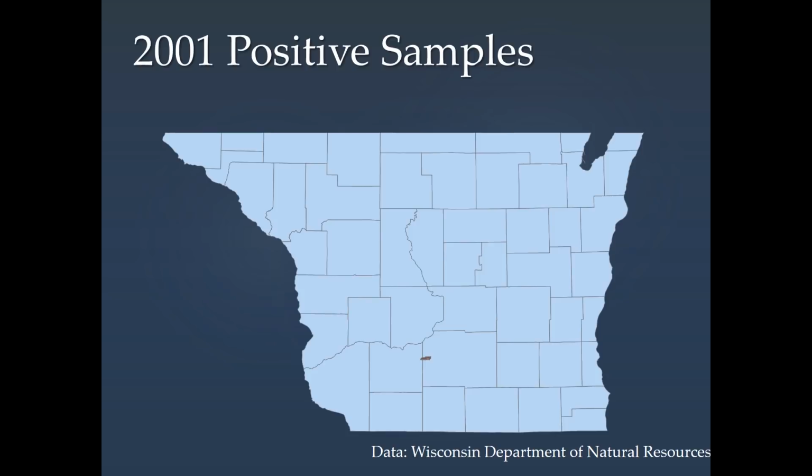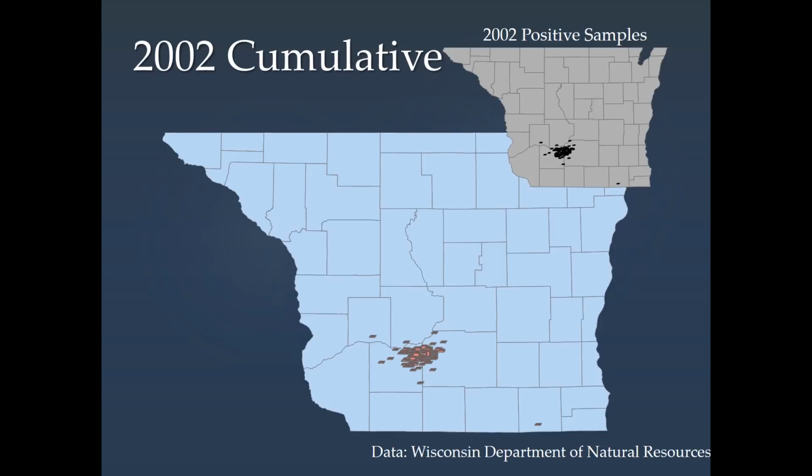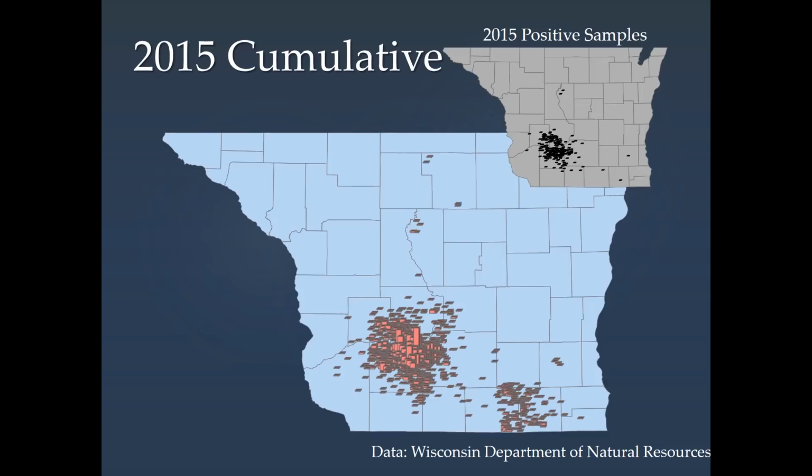Late in 2001, confirmed in 2002, it was found in 3 animals. And once they started looking at the following hunting season in 2002, what they found was a lot more animals that tested positive for CWD, well over 200. And as they continued looking over time, they found more. And to date,